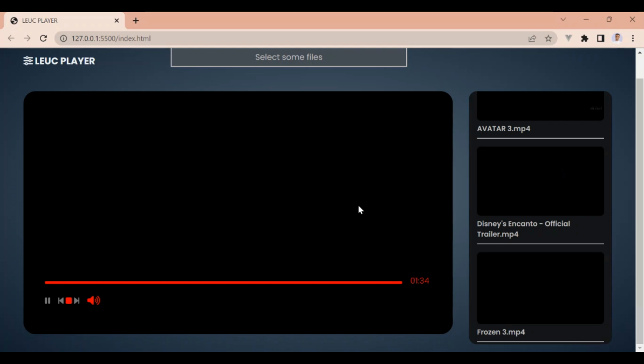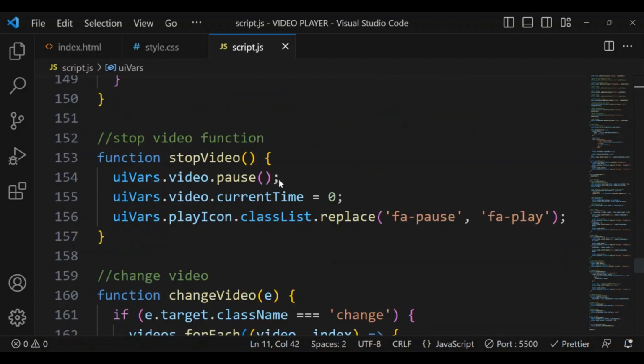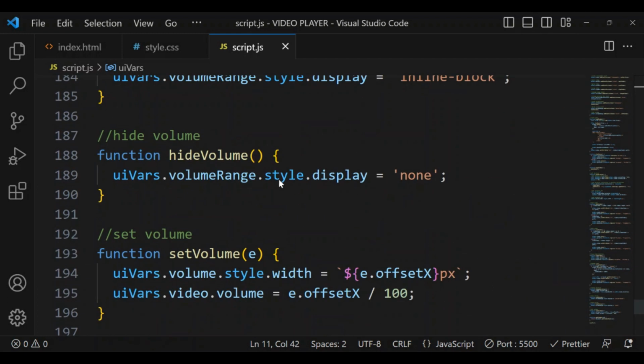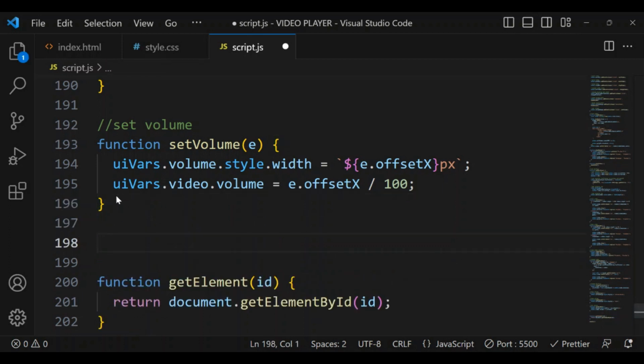So what I'm going to do is that we're going to create a function for that. So let's go into our script.js and just after this event here,